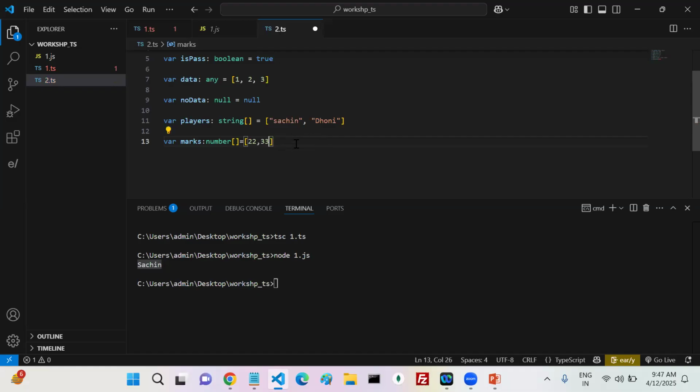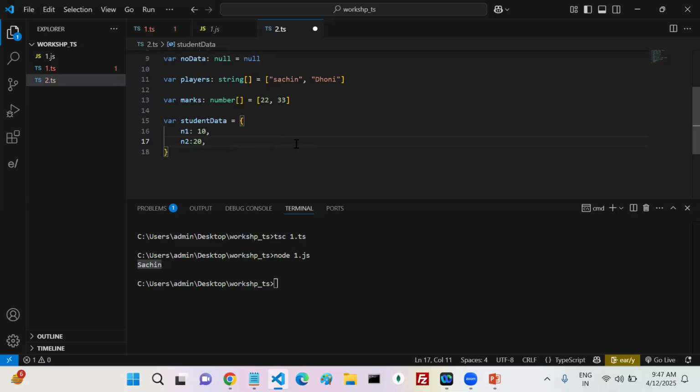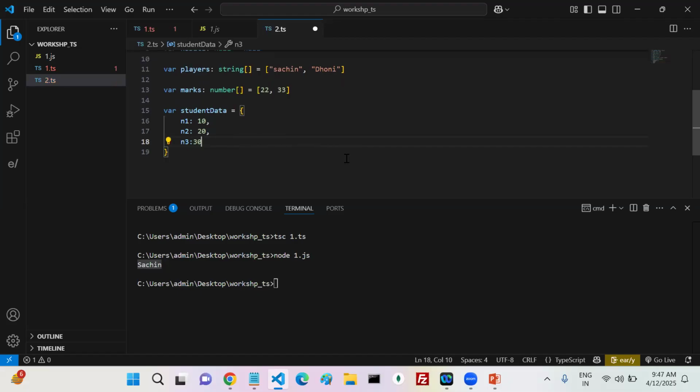Now the next one is student data, something like this. N1 is 10, N2 is 20, N3 is 30. It is student information. Student data means name and roll number, that kind of data I want. So the student data's type is an object.